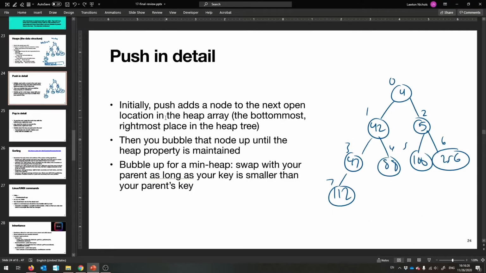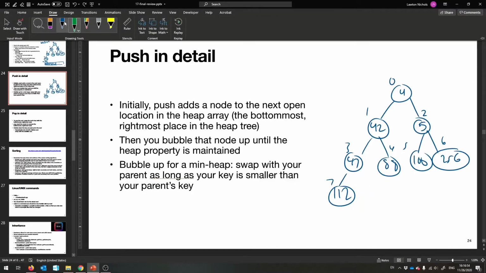Okay, so let's do push. So in order to do push, we add a node to the next open location in the heap array. And so that's going to be the bottommost rightmost place. And so if we want to add something, it's got to go right here. Yeah? So let's say we're adding, I don't know, 3. And so we're gonna put the 3 node there. Let me color it something else. We're gonna put the 3 node there,